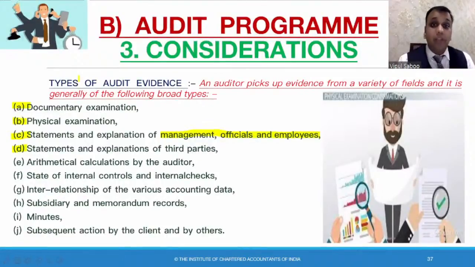So statements and explanation of third parties, or the balance of debtors and creditors. So this is our vendor and we purchased this particular item from them. So you can ask for a certificate. Please arrange us a call with that particular vendor. That particular vendor is standing in your creditors. This much amount is due to him by your side.